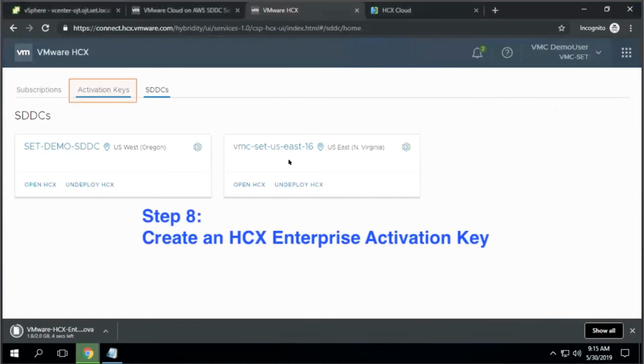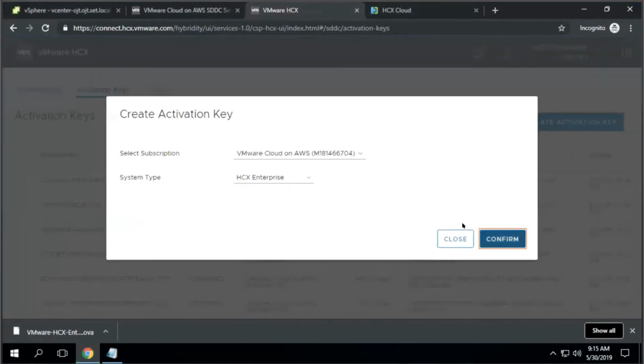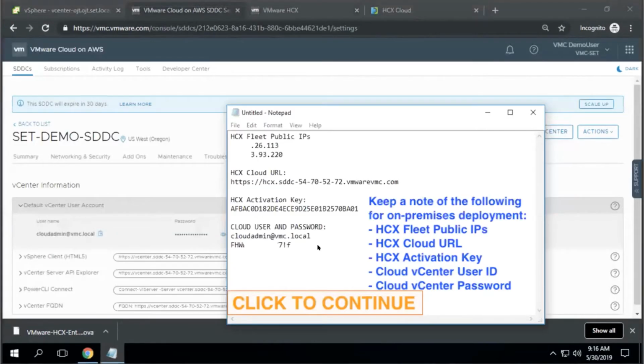Okay, that should work. So we go to activation keys and create an activation key. It'll ask us to confirm, and it'll give us an activation key with which we can activate the HCX Enterprise Manager on the source side. So these are the things that we have taken note of while configuring the HCX solution on VMC on AWS. Similar things you would want to take note of if you are configuring an on-prem target site